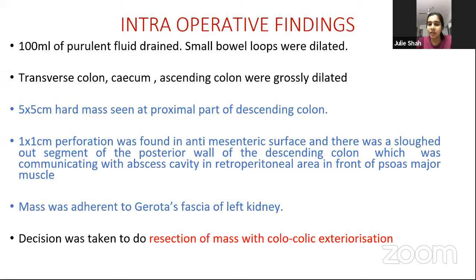Hartmann's would be preferred in a moribund patient in whom we are not expecting that the patient might need another surgery. And even if the patient needs another surgery, closure after Hartmann's is always difficult. Even if we take two separate stomas by laparotomy incision, closure is easier than finding the distal stump of Hartmann's and doing a closure.